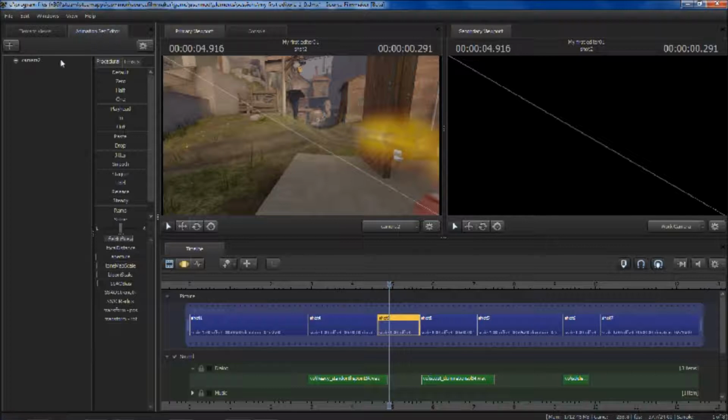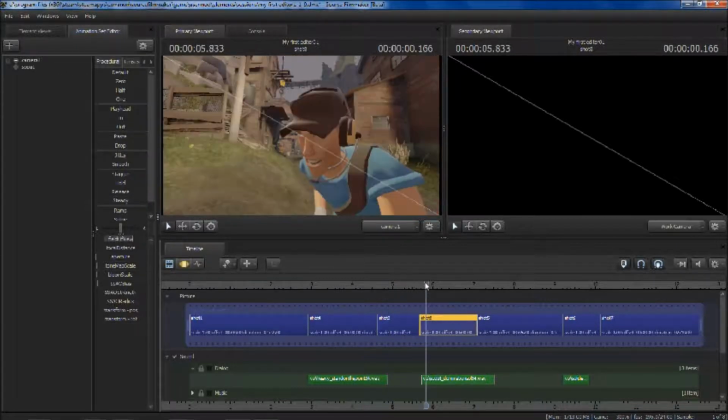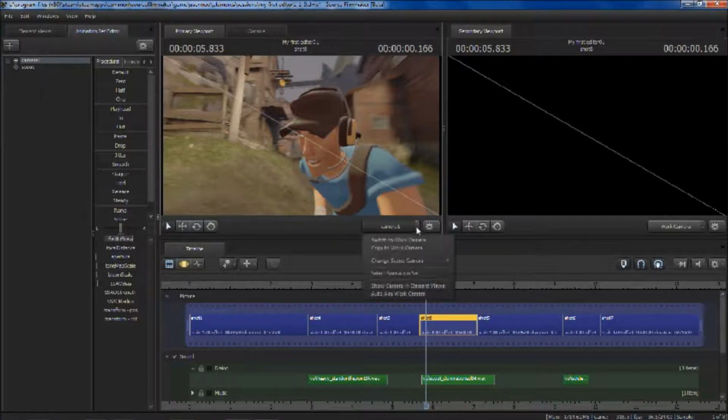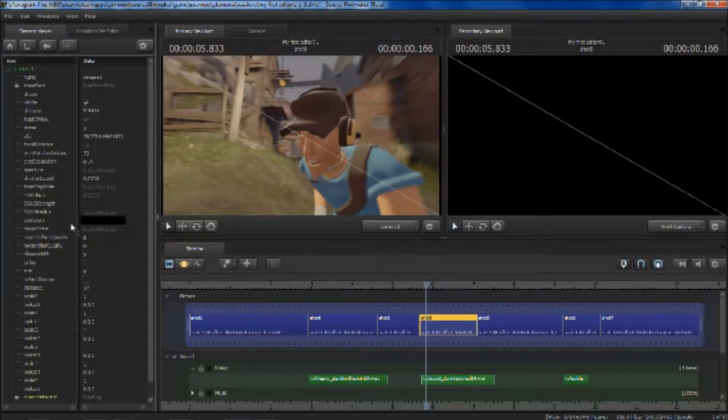you go to animate setter, pretend you had no camera. If you select new camera, this is going to be camera 1 up here. Okay, you see this? Camera 1, I created. Then the plus sign creates an animation set for a new camera. I create this. So to get rid of the line, you have to show camera, and still